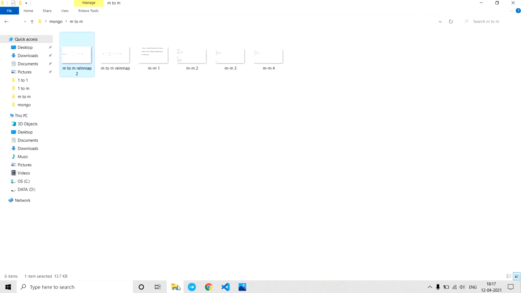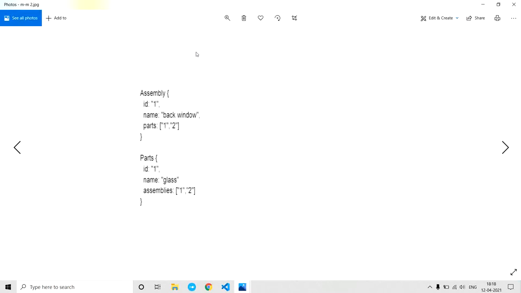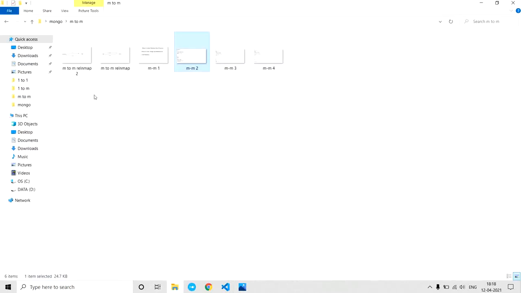I have already explained in my previous videos how to store the foreign keys. Here we are just going to store foreign keys in this way: assembly will have the primary keys of parts, and parts will have the primary keys of assemblies. So this is how we store the foreign keys. This is pretty straightforward. But we will have a special case like this.